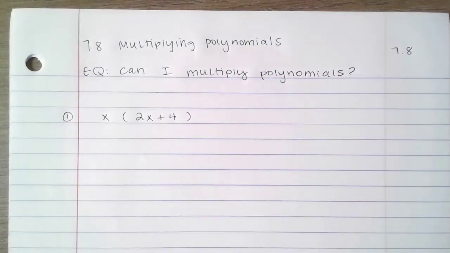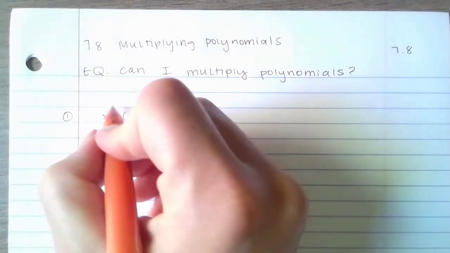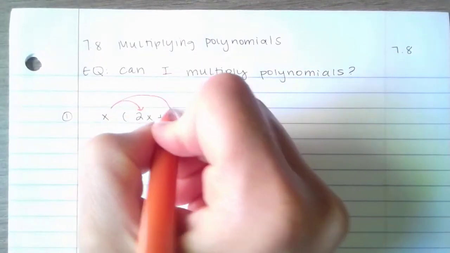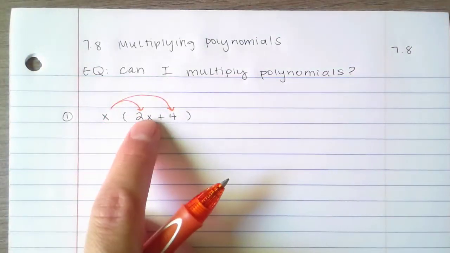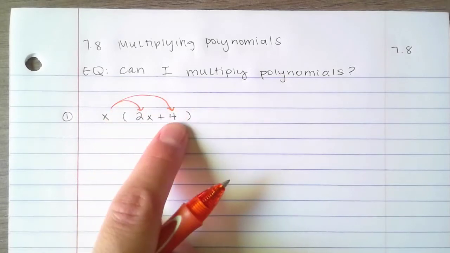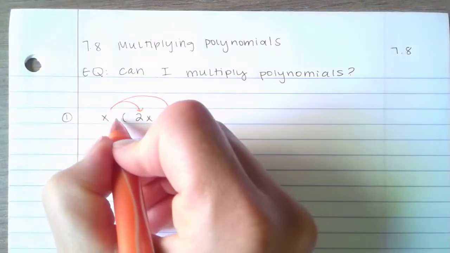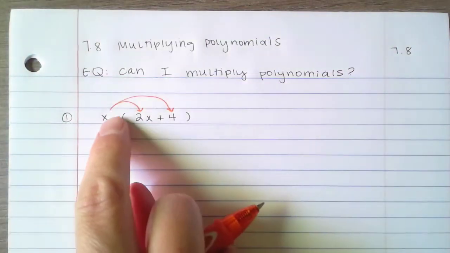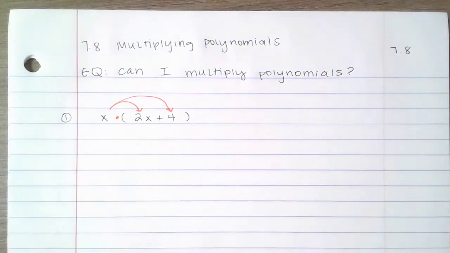We talked a lot about this in chapter 1, chapter 2, when we did distribution. Distribution is when you take the coefficient, or something that's out in front, and you multiply it to every single term. So in this case, you're going to multiply it into the binomial, to both terms. There's a mini invisible multiplication symbol there, so it's x multiplied by 2x, which is